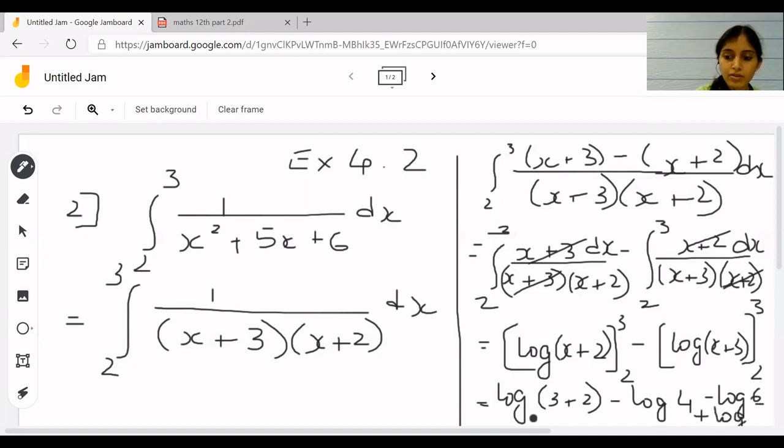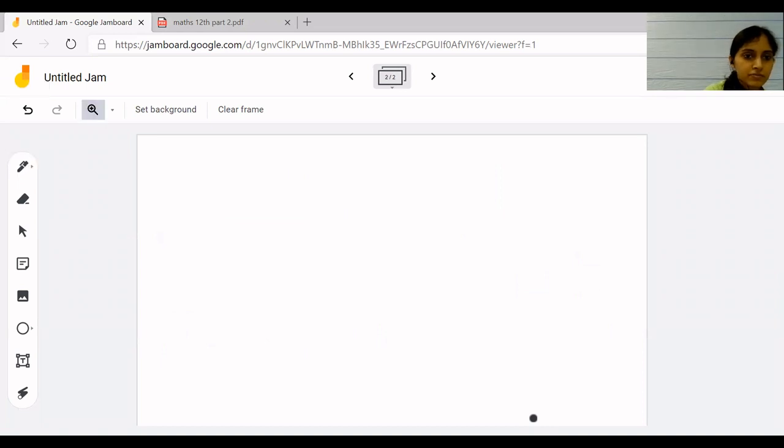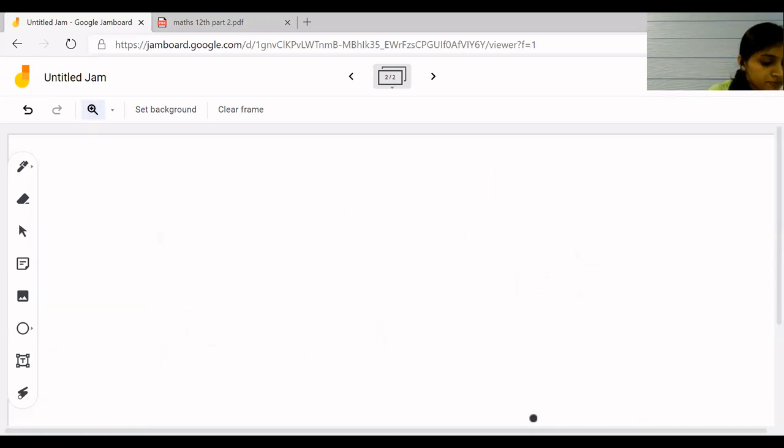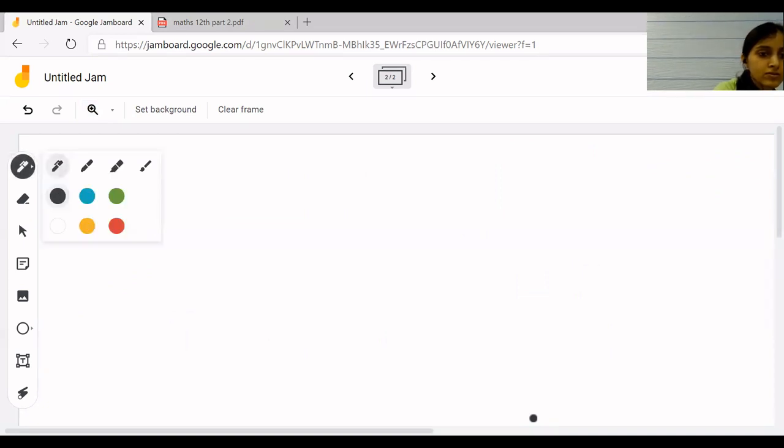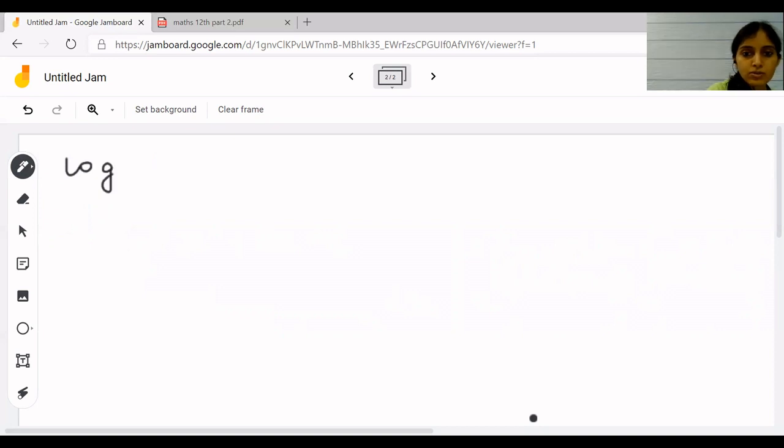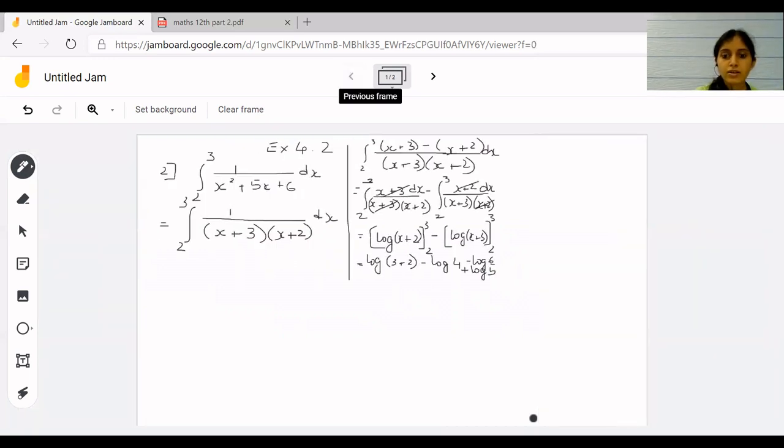Okay, so our final answer for this sum will be log of. So let's check what was in the previous frame. We had log of 3 plus 2 minus log of 4 minus log of 6 plus log of 5. Okay, so which can be written as log of